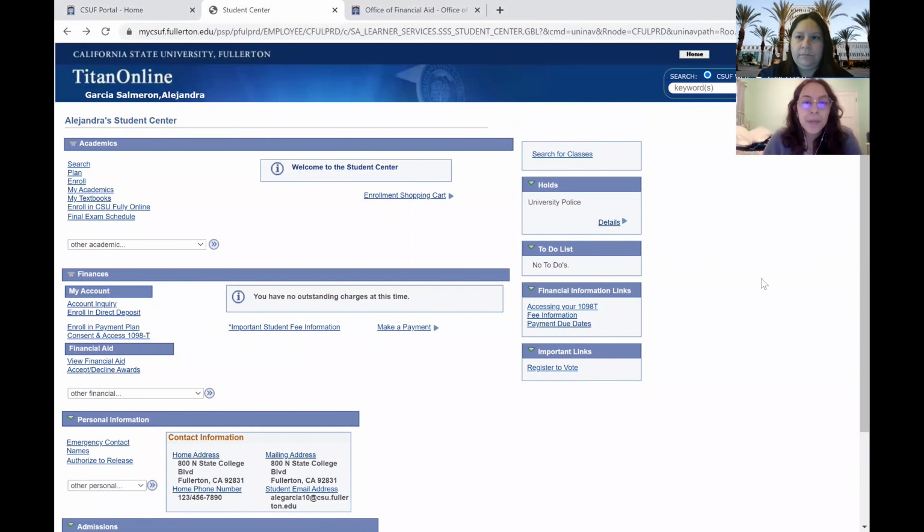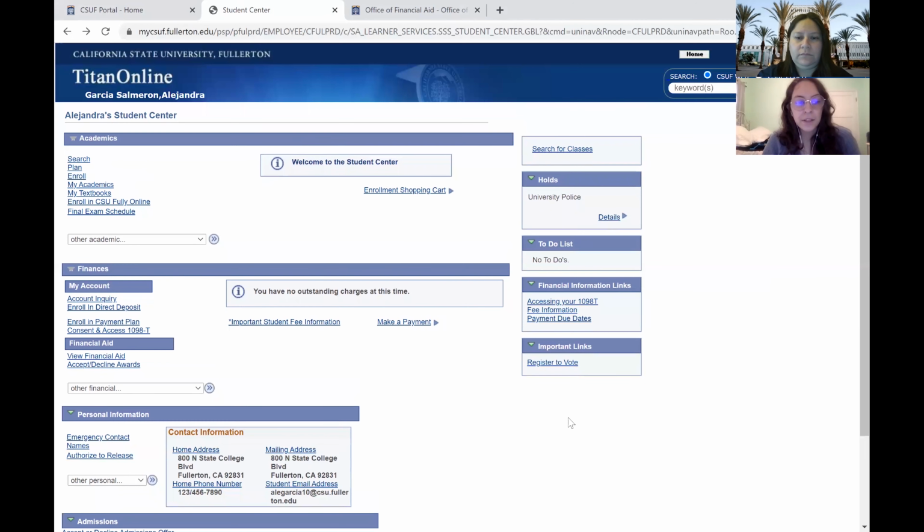Okay, so yeah, here's everything that's on your Student Center. We really recommend that you get acquainted with everything, like all the options, just so you know where to go if you need to find your classes or if you need information about your financial aid or about your personal information. So yeah, just make sure you go through all of that. And then we'll go into the Tyne degree audit so you can learn more about that. But thank you for being here with us and watching our Student Center video.